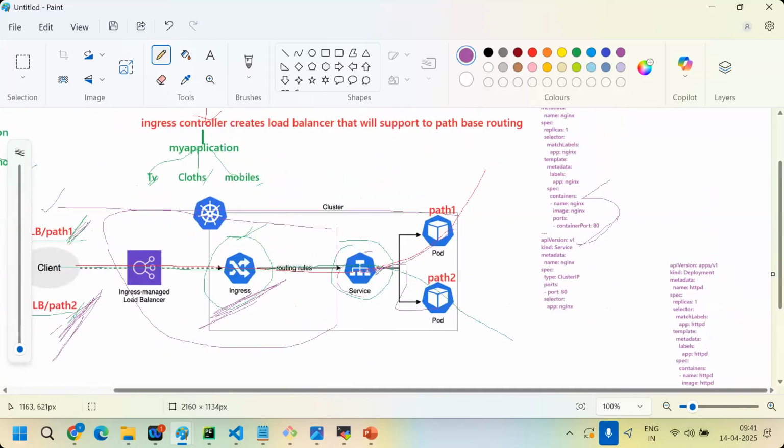The service communicates to the path1 service and path2 service separately. Then how will the service understand that a customer accessed path1? Ingress will help. Clear now?